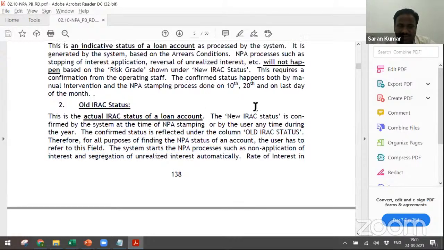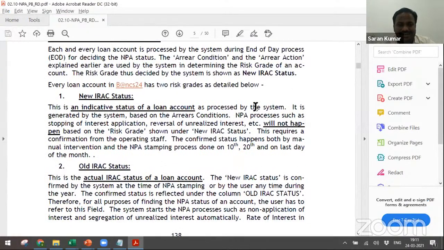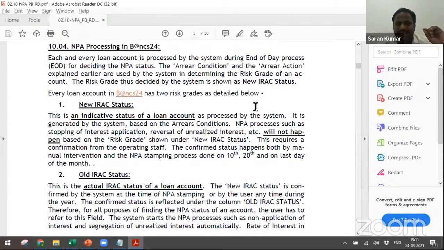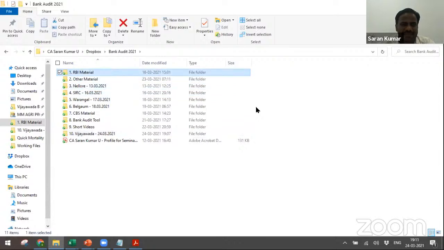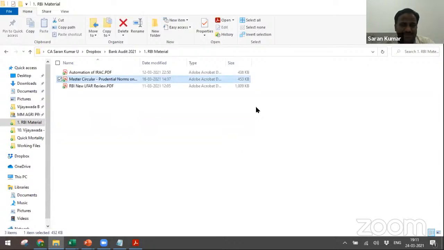Friends, why am I showing this slide to you? Because let me tell you very clearly, if the branch manager would like to change the NPA status, that is possible. Because in the system, there is a lot of manual intervention through which they can change the classification. Okay. To confirm and to give you more support on this point, RBI in the month of September has given one guidance